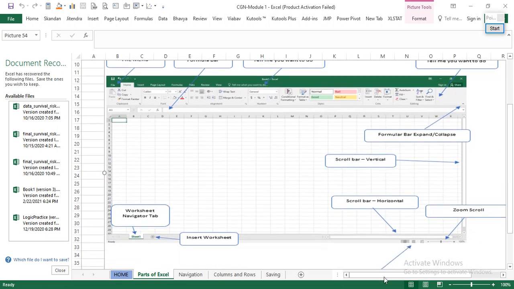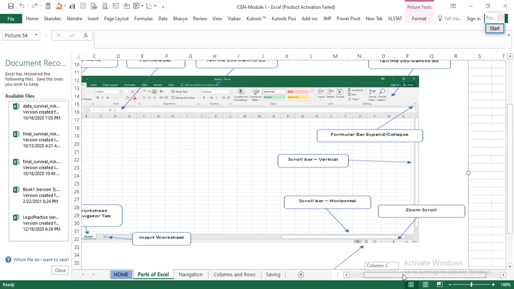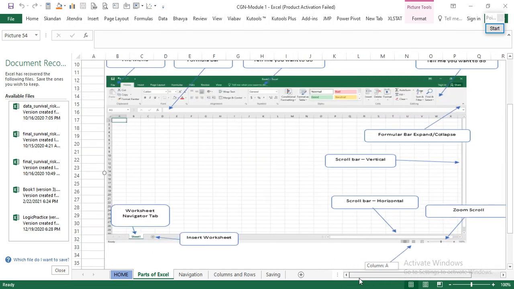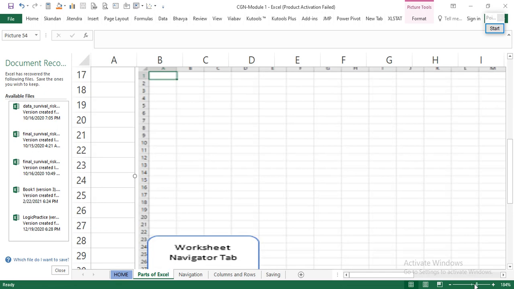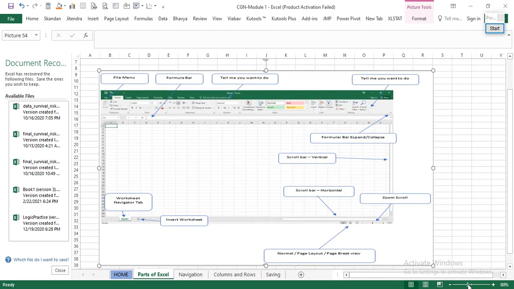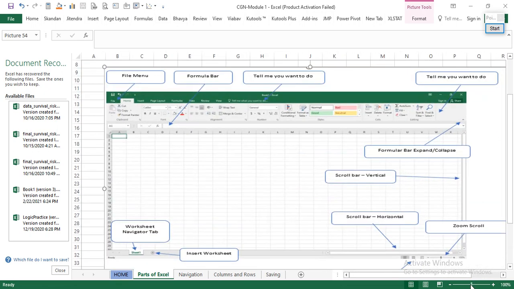This is the vertical scroll bar, where you can move this way. This is a horizontal scroll bar, and then here you can zoom, and you can reduce it to whatever size you typically require.